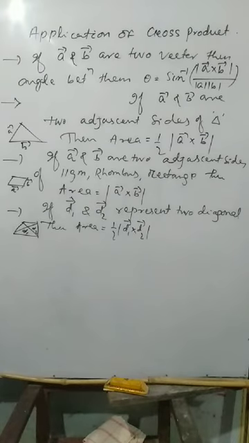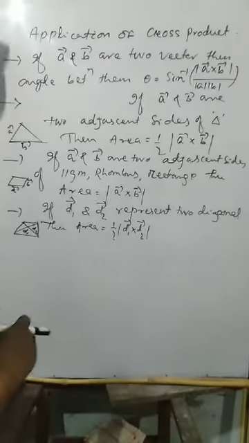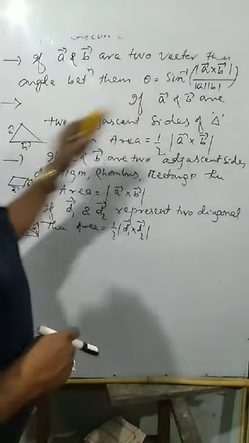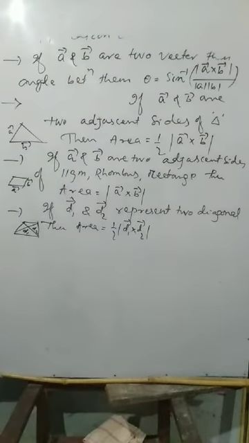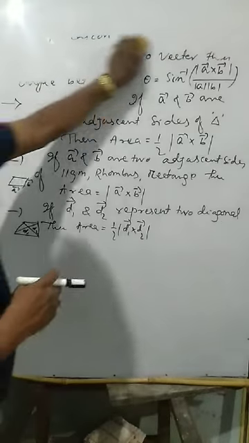So one by one we will discuss more details. Now the first one. Remember one thing: to find the angle between two vectors, you have to apply the dot product, it is easy. But if it is asked to find the angle between the two vectors by application of the cross product, then you apply this formula. Okay, so this is the first one.